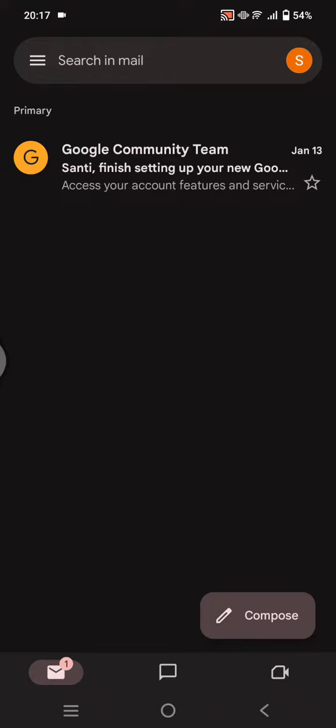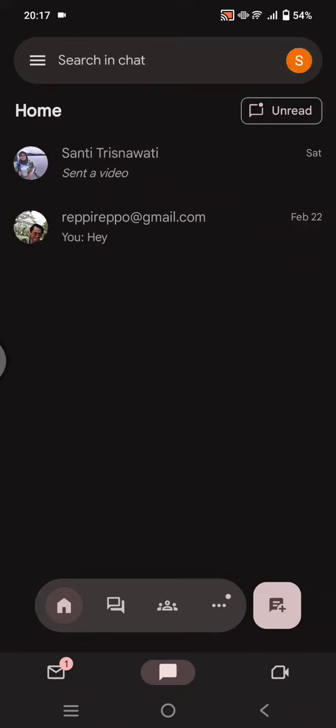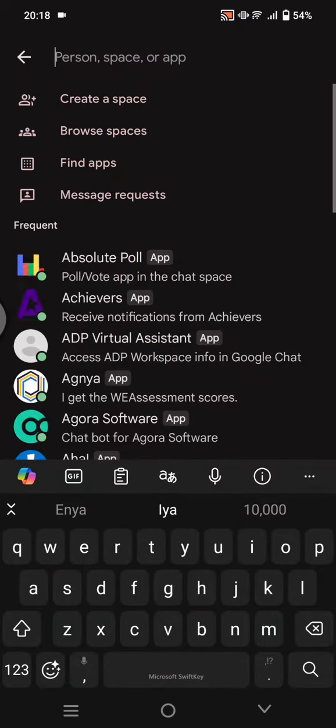So here, just click on the chat tab at the bottom, the one in the middle, and to easily add someone you can just start a conversation with them. So just click on this plus icon, this plus message icon, and then just find the account. For example, we could just find,